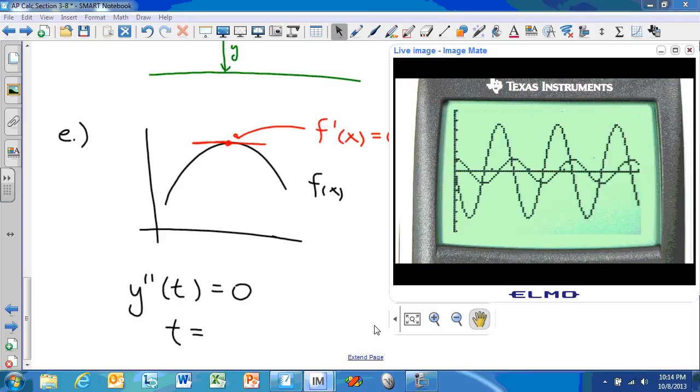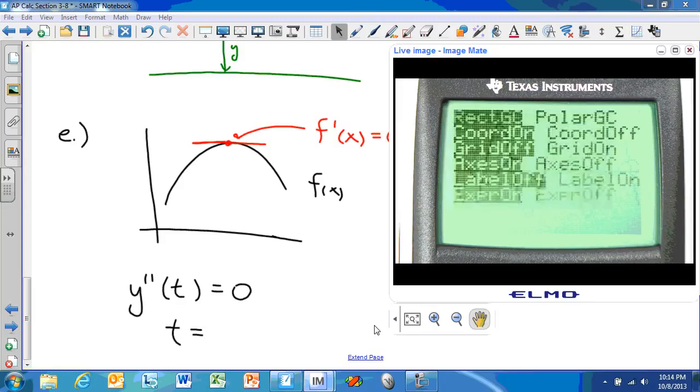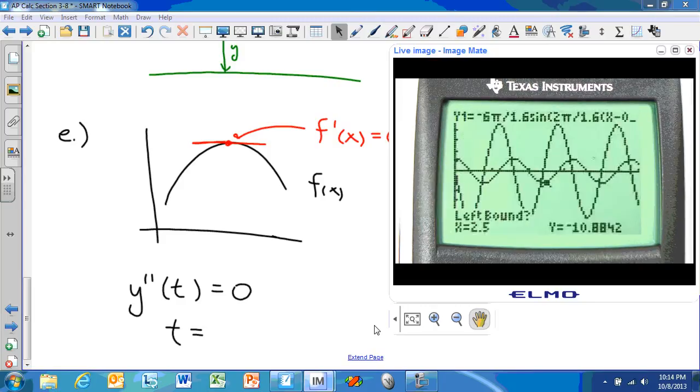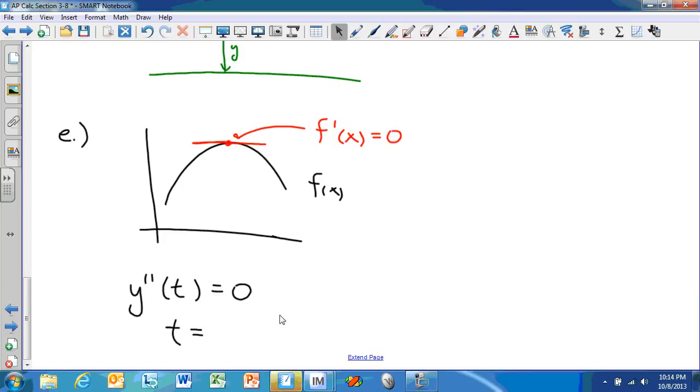My velocity was at a maximum, and so I'll just calculate the 0. Again, this right here is the maximum I'm going after, that guy right there. And I can find that by finding where this derivative function is equal to 0. So we'll let it crunch that for us and see what we get. So it looks like that right at 1.6, we get a value of 0. So t equals 1.6. Now, based on what we know about our sinusoids and where they hit their maximums, we could have determined that without even using the calculator, but that's how we would do this for any other type